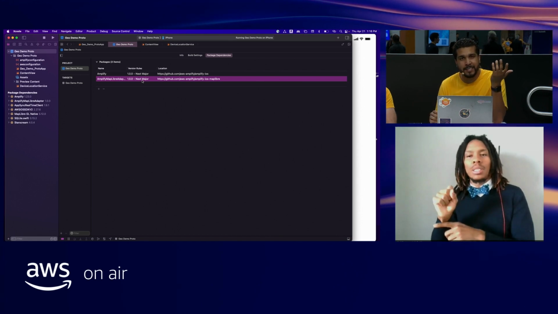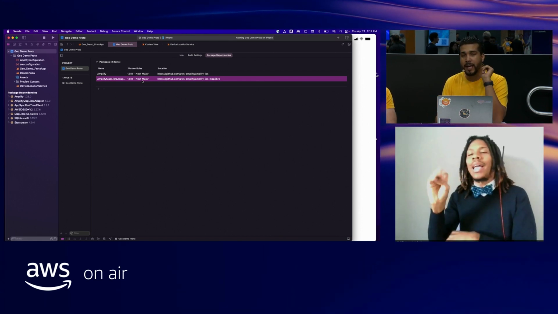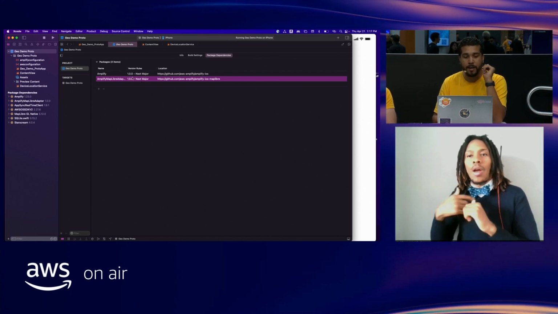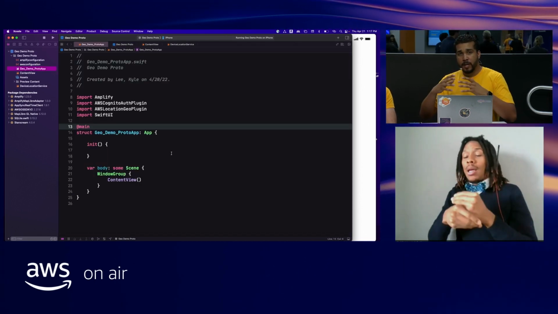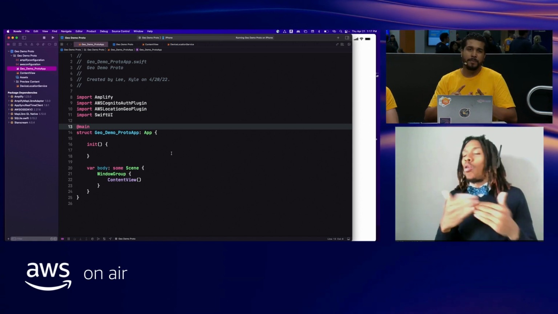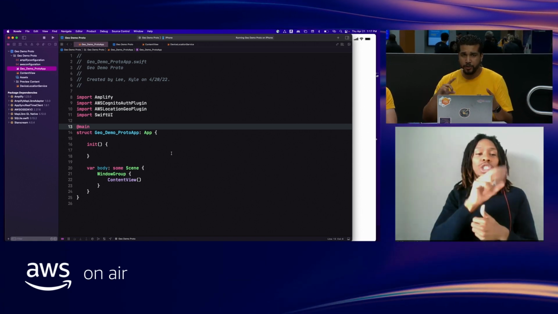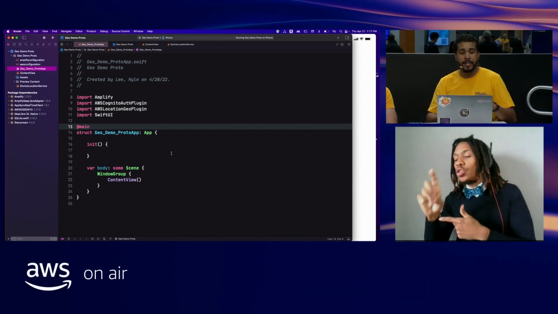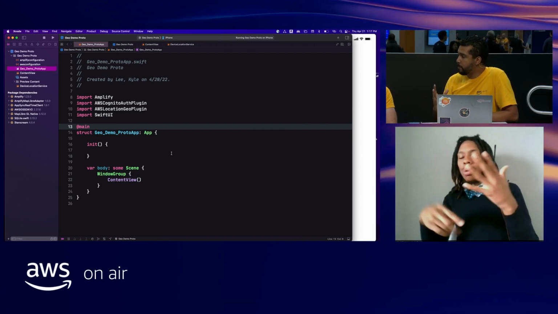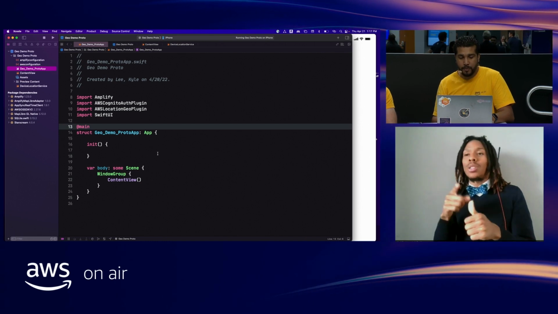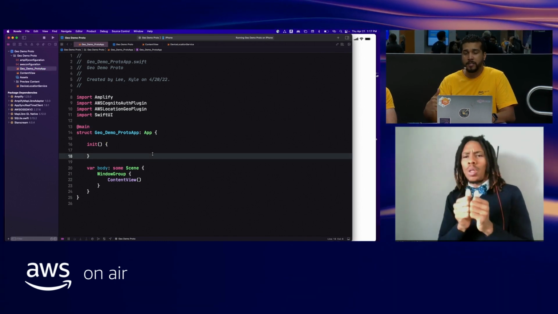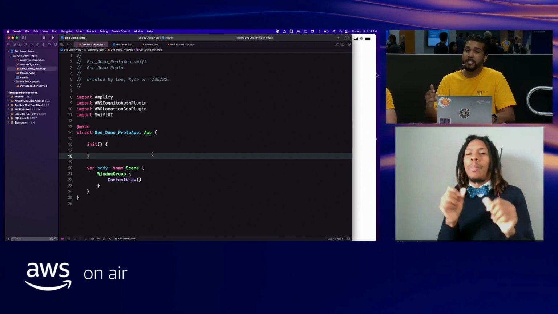Just think about it as NPM, right? So that's how I added these libraries to my project. Once I have the libraries added to my project, what I need to do, regardless of what platform you're on, whether it be JavaScript, Android, iOS, Flutter, whatever it is, is configure Amplify first so that it can understand which plugins you're working with. And we do that as soon as possible. You cannot use Amplify until it's been configured.